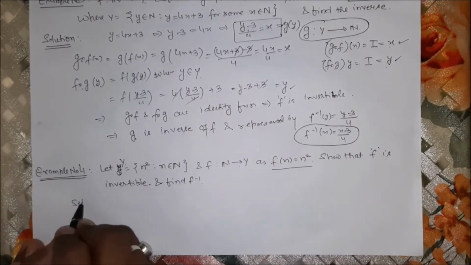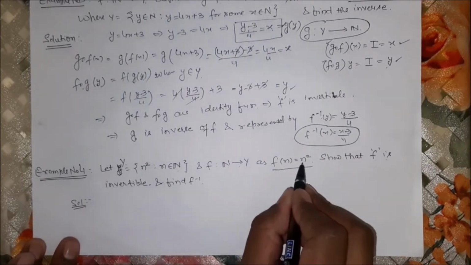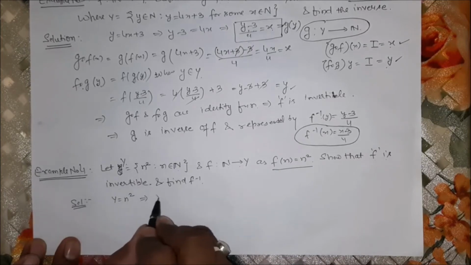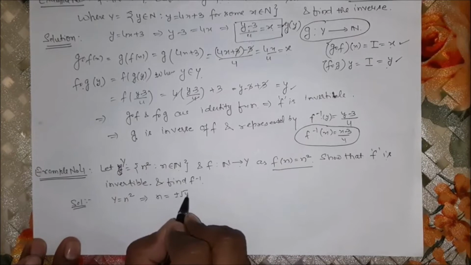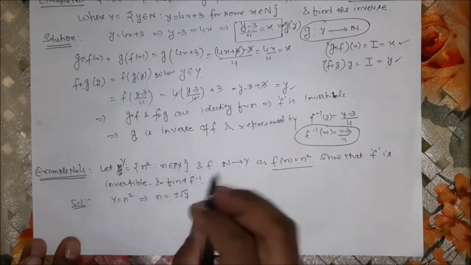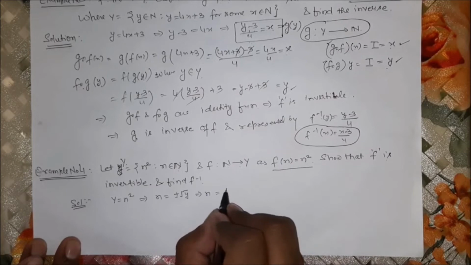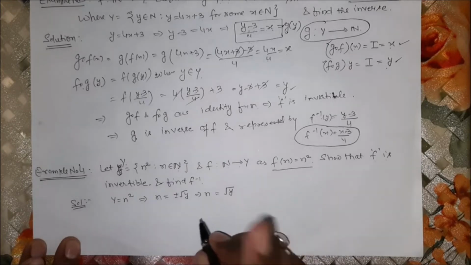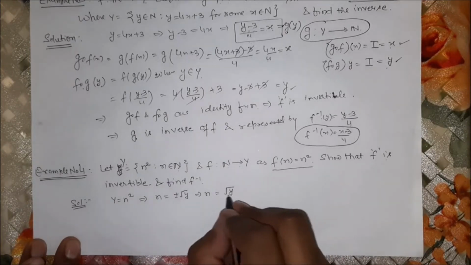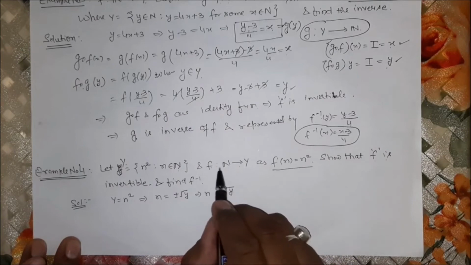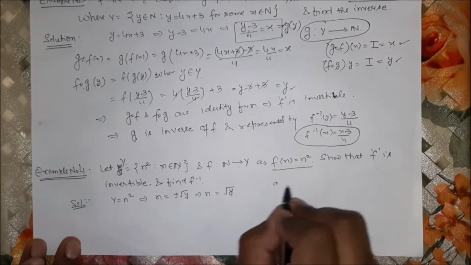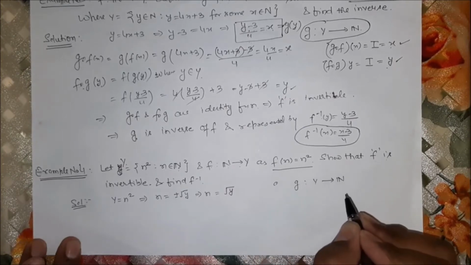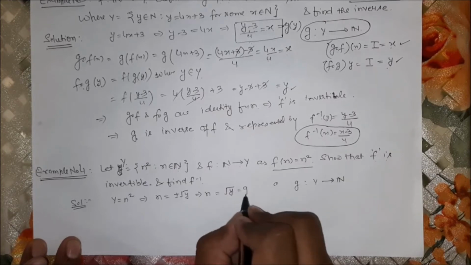So what was the working rule? First of all, consider the given equal to y. So let us say y equal to n square implies n is equal to plus minus root y, because we are considering natural number, so we can consider n is equal to root y only. Negative we can ignore, because in natural number negative numbers do not exist. So n is equal to root y, because f is defined from N to Y, and we generally define g from Y to N. And the value of this is equal to g(y).